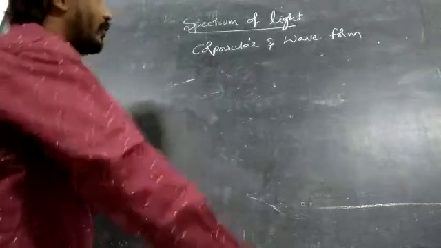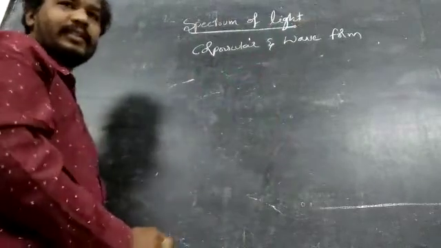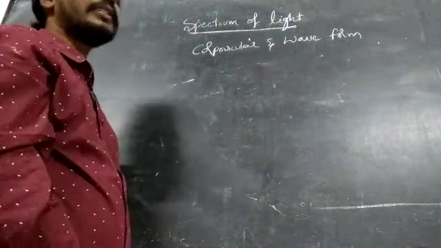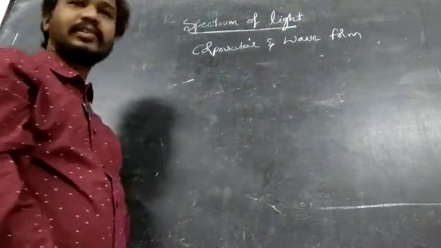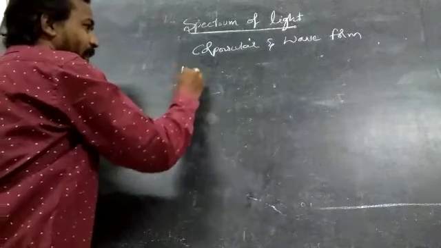First topic of Unit 1 is spectrum of light. In this, light is supposed to have a dual nature, that is corpuscular nature and also the waveform. In this, a beam of light